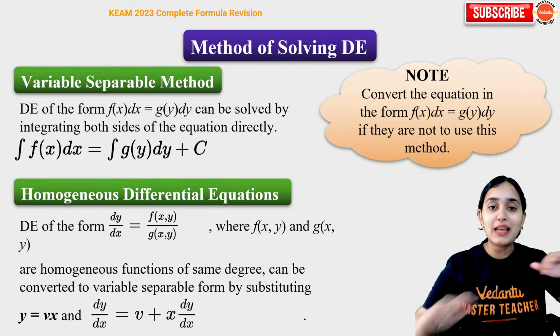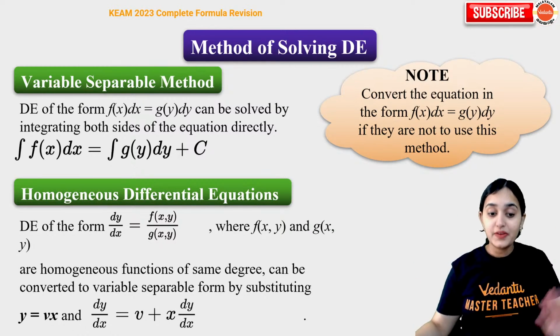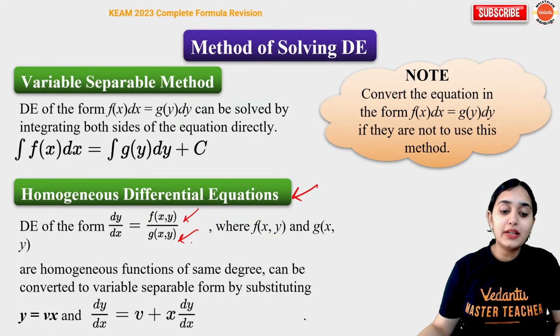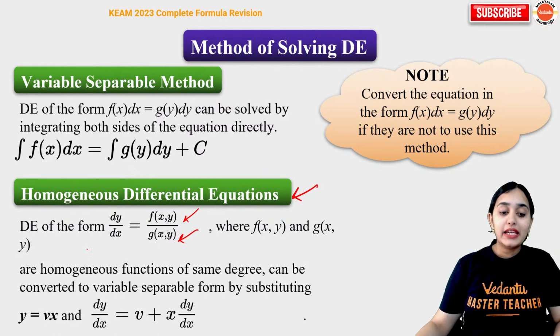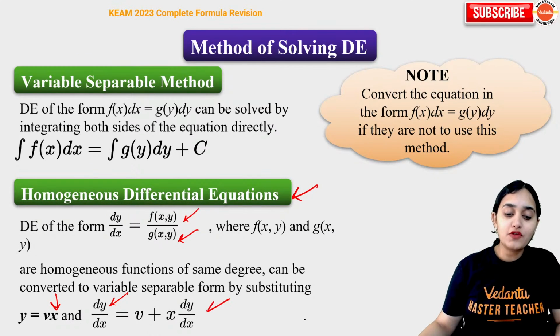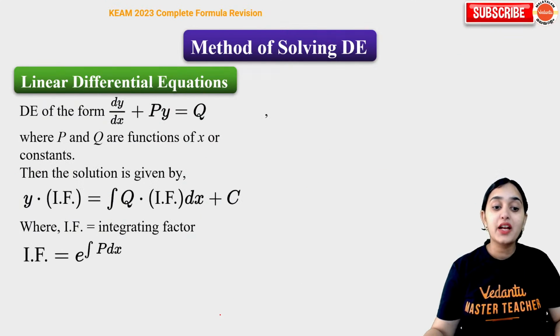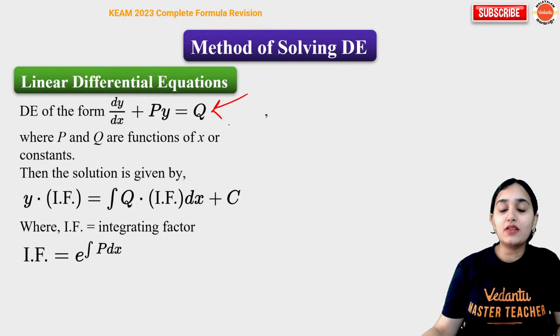First is variable separation: separate x, separate y and integrate separately. Homogeneous: it is applied when numerator and denominator have the same power of variable. Here we put y is equal to vx and dy by dx is transformed into this, and then we separate the variables to integrate. Linear differential equation is of this format: dy by dx plus py is equal to q,